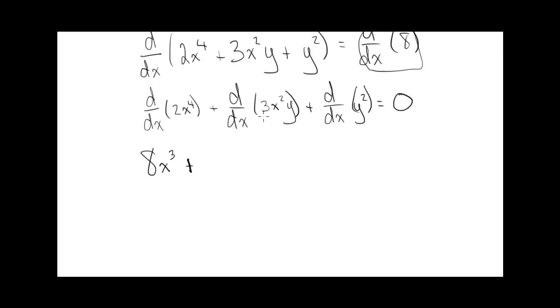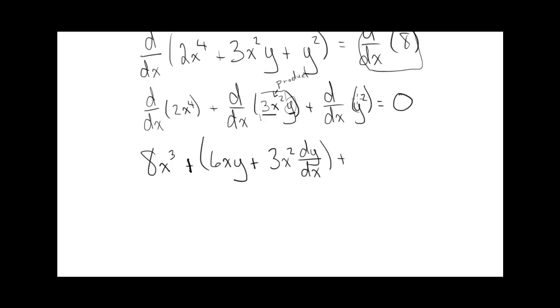plus, now notice this is the derivative of 3x squared y. That's actually a product, right? 3x squared times y, so product rule. So I'm going to do the derivative of the first, which would be 6x times the second, plus, leave the first, and then the derivative of y with respect to x is dy by dx,